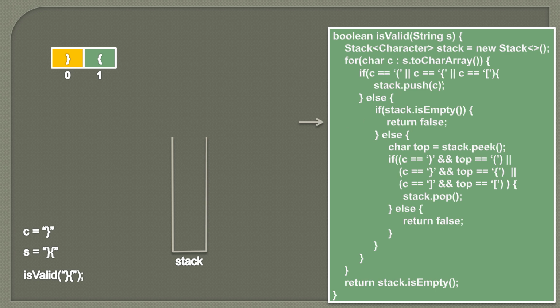Because if we have an opening bracket, then that must be pushed on the stack, and stack must have some elements in it. But if C is not equal to the opening bracket, so in the else part, the first step we check is whether stack is empty or not. Because if stack is empty, then we have one closing bracket and there is no element on the stack which we can pop out and match it with the closing bracket. So we can return false. You can understand more on this in our upcoming examples. So currently we return false because the input string is not valid. It is actually getting started from the closing bracket.